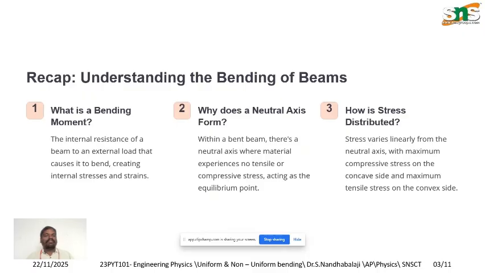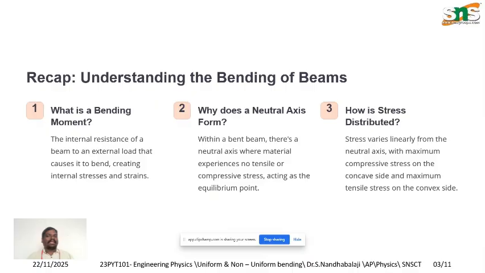Theory of uniform bending: in this picture it shows constant bending moment. Applied forces create a pure couple, leading to uniform curvature. And circular arc deflection: the beam deforms into a perfect arc of a circle, simplifying analysis. And uniform bending equations and experimental setup of Young's modulus: Y is equal to mgL divided by 4I into (y2 minus y1),